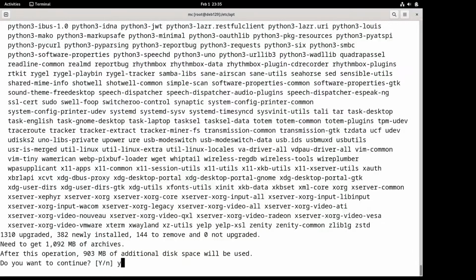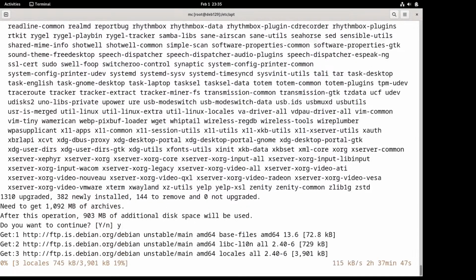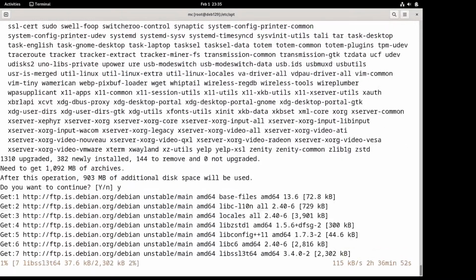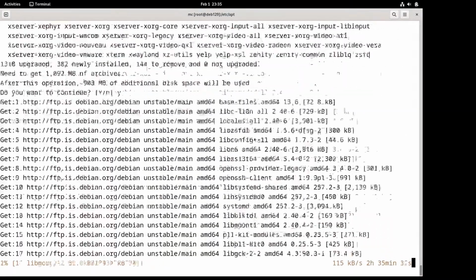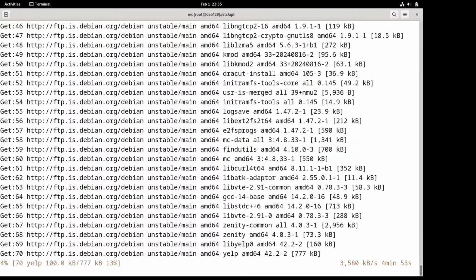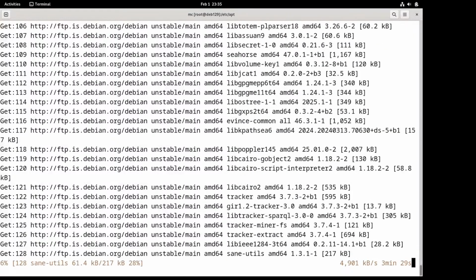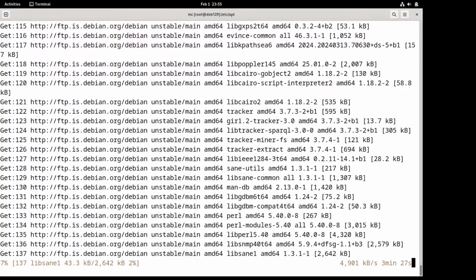the process of the conversion of the current stable Debian installation to Debian unstable started. Okay, crossing our fingers. The reason I am crossing my fingers is that sometimes this upgrade might not go as smoothly as we hope for. But anyway,